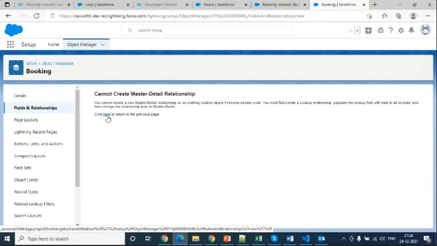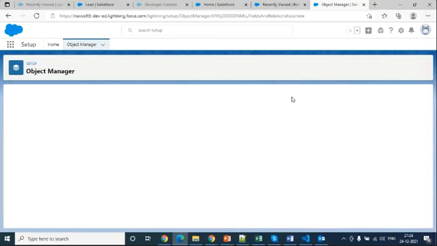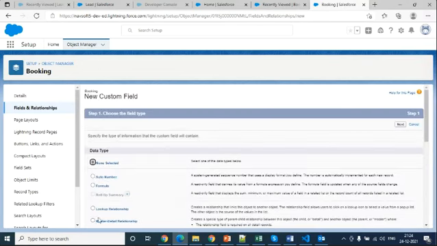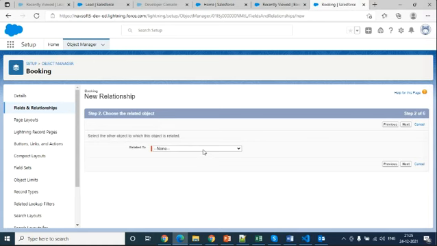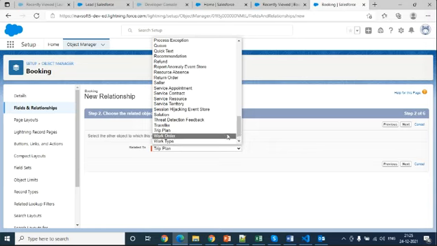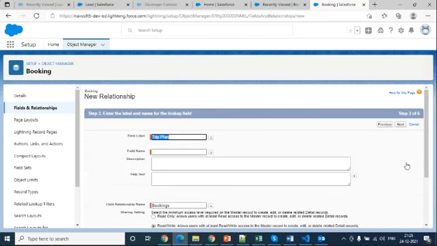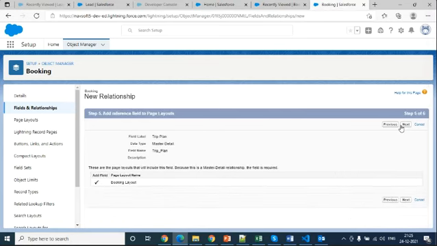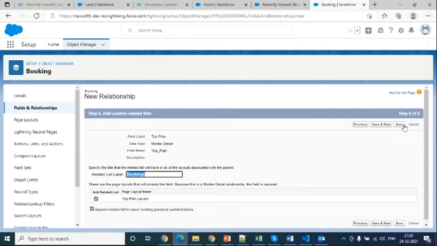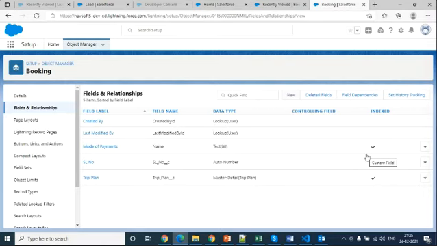I can try to create it. Trip plan. So now it is created.